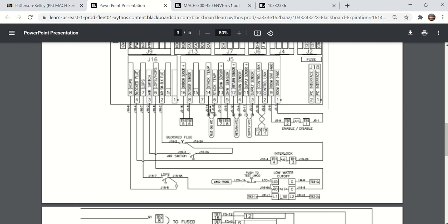Down here is the low water cutoff, and again, I'm going to put this on a terminology page. I'll probably pause the video here in a minute and do that. The low water probe, and you'll see this push to test the low water cutoff. And actually, when you look at this, all you're doing with a momentary normally closed push button switch is, when you push the button, you're opening the contacts across these 2 points here, which is simulating that the probe is missing or the probe is not touching anything like water. And if there's no reference from water, the probe in water to ground, then the low water cutoff would say there's a problem. It would open this contact, and you would get a